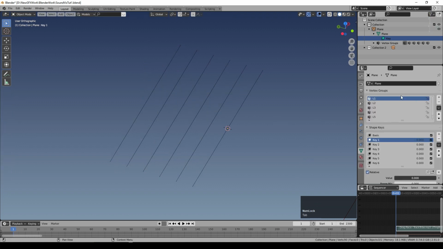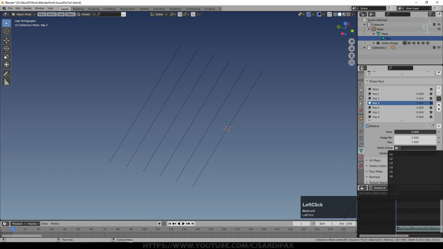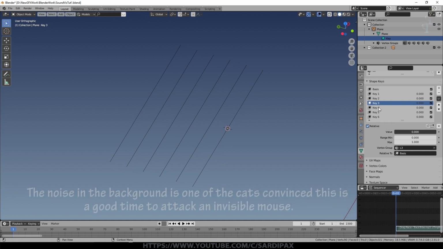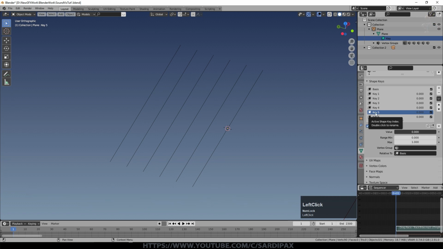And then what we need to do is come down to our shape keys and then for each of the keys just allocate that vertex group. It's a bit of a pain. You may not need to do this. I didn't need to do it the first couple of times I tried it, and then I tried it again this morning and suddenly I did, and I don't believe I've updated anything. So there's something to do with the way that I've created this that will cause these keyframes to copy. Again, this doesn't have any direct relationship to creating the sound visualization.